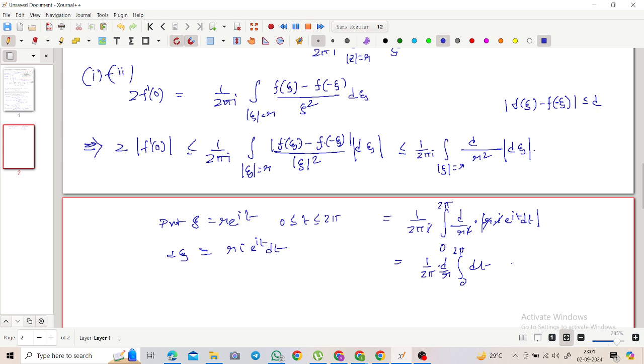Okay, it is d by r, right? So we get twice f prime 0 is less than or equal to d by r. Letting r tend to 1, we get